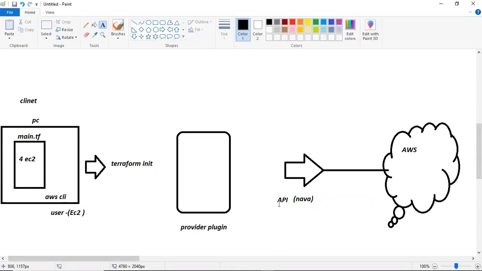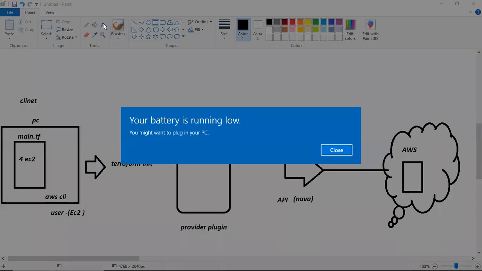Now this API will try to interact with the AWS cloud. The AWS cloud will ask, do you have authority? So this API will show Nava. Now my cloud will check Nava's permission. He has the EC2 access, so allow Nava to create EC2. How many EC2 will be created?